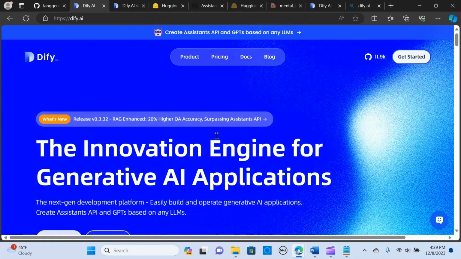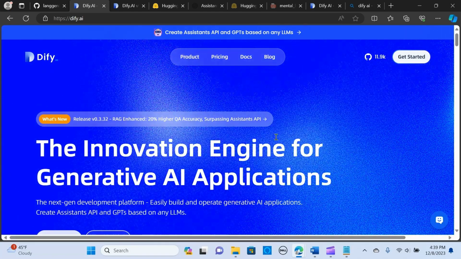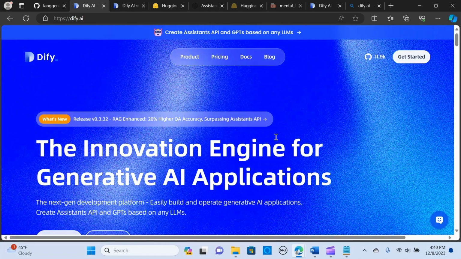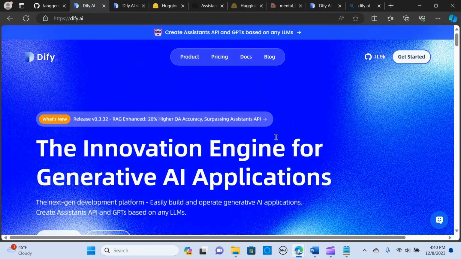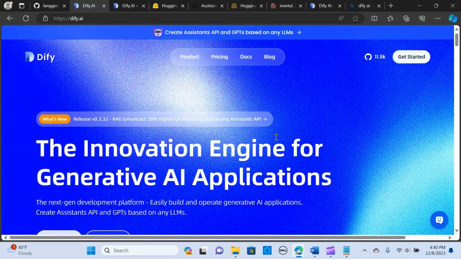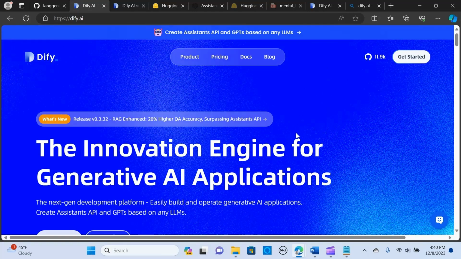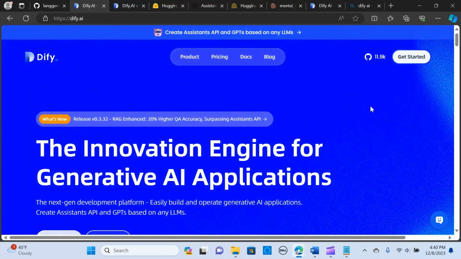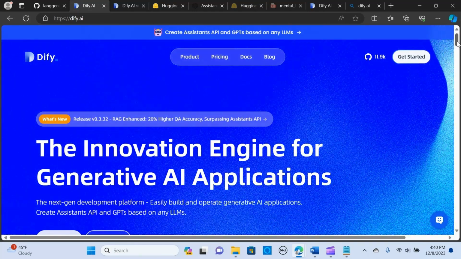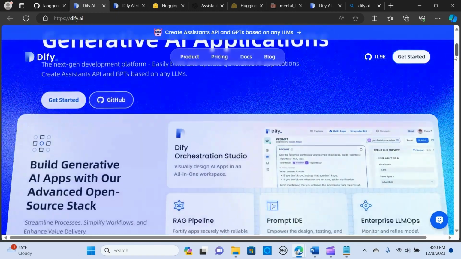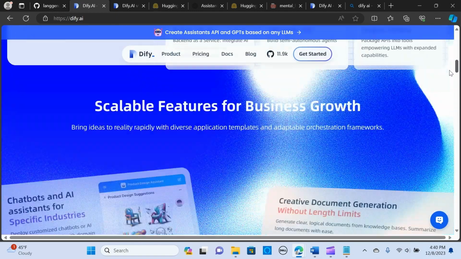So in today's video, we are going to dive into Dify and its new release. Dify is an LLM application development platform that has already seen over 100,000 applications built on Dify.AI.